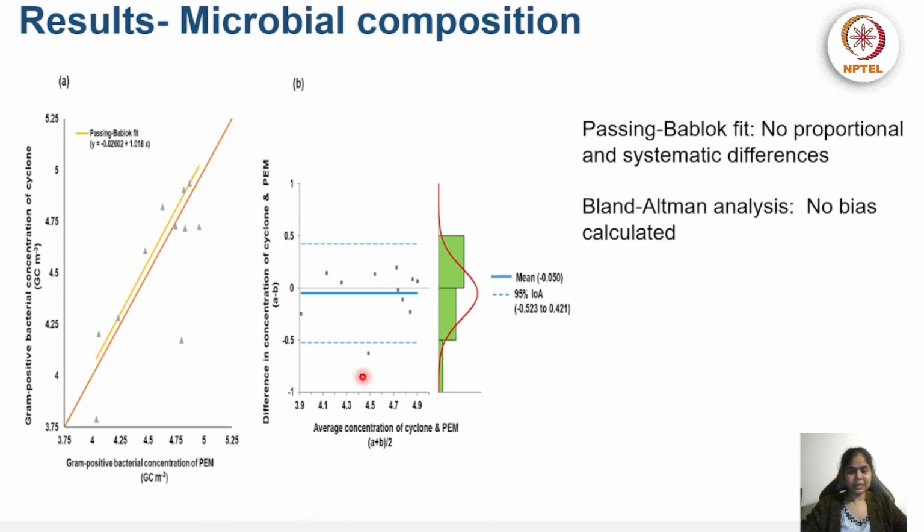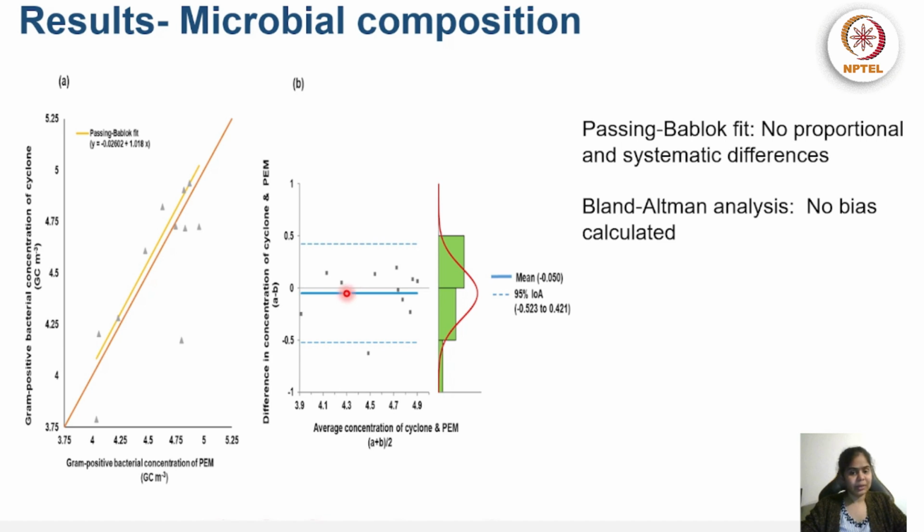This is the Bland-Altman analysis result. The x-axis here is the average concentration of cyclone and PEM, and the y-axis shows the difference in concentration between the cyclone and PEM samplers. Here we have the 95% limits, the maximum and minimum lines, and we have a mean line. Again, we have dots very close and within these two lines. This shows that the samplers did not introduce any bias to the results, meaning that they both can be used interchangeably for gram positive